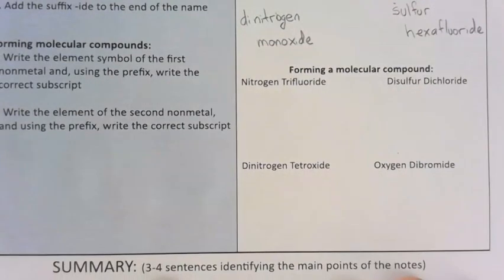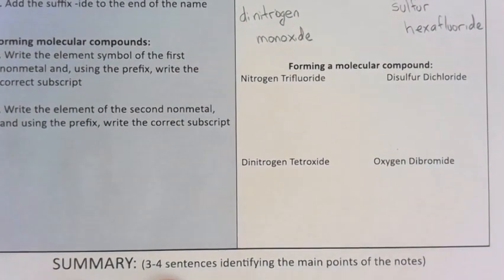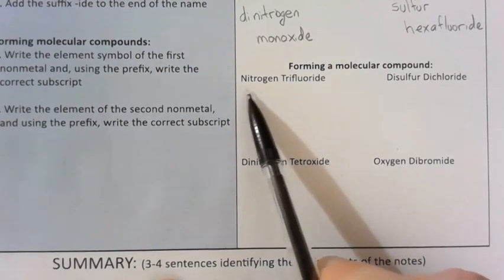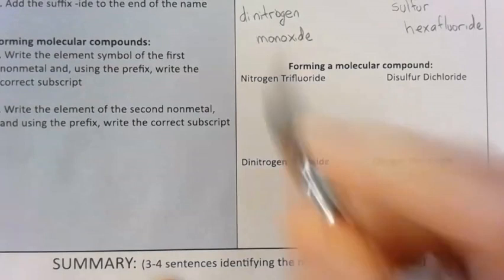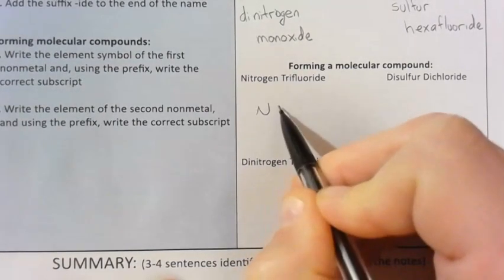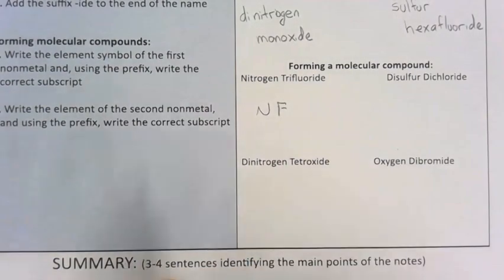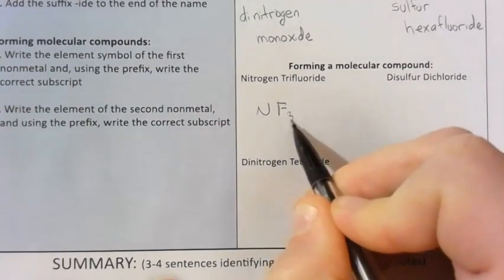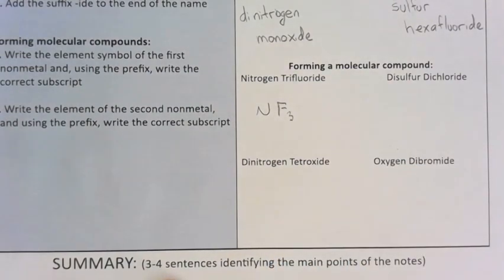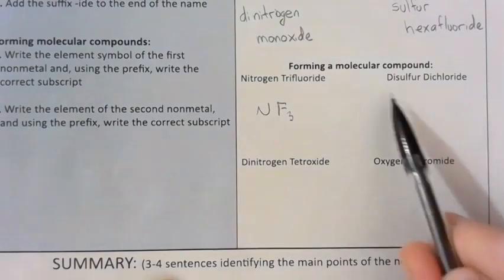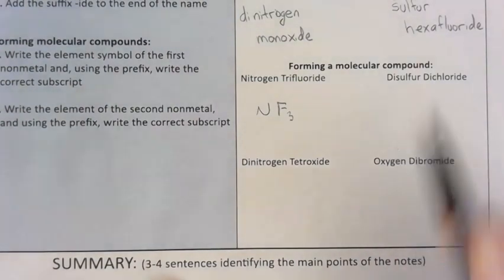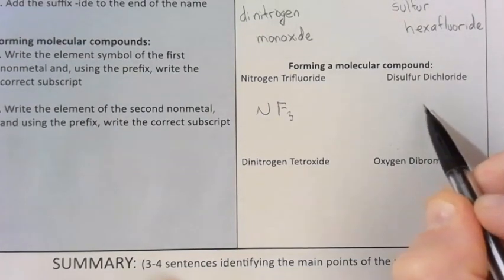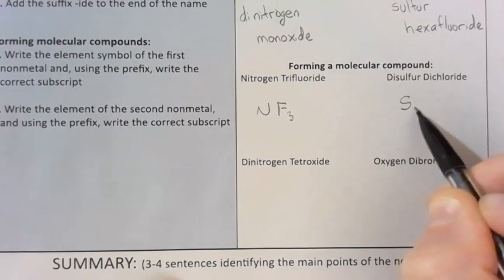Okay? Even easier is forming the compound from the name. All we have to do is really identify where those prefixes are. So we know we've got nitrogen, we know we've got fluorine, so we're going to write the symbol for nitrogen, we're going to write the symbol for fluorine. We don't have any prefix in front of nitrogen, so there's just one nitrogen atom. We see that prefix tri, so this is NF3. Simple. Okay. Over here we've got disulfur dichloride, 2 di, so that means that they're both going to have a subscript to 2, so we would say